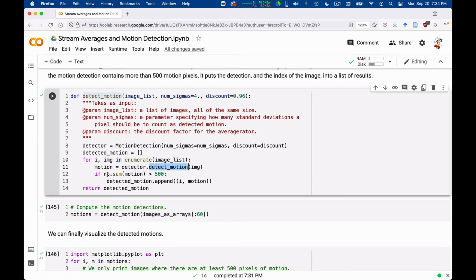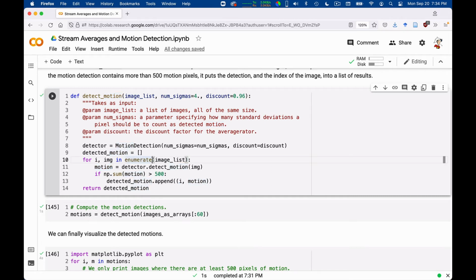As answer, I will get how much motion there is in that image: in how many pixels did you detect motion? And if you detect motion in at least 500 pixels, just to check that there is a big enough motion, I will say that motion has been detected and I remember in which image.